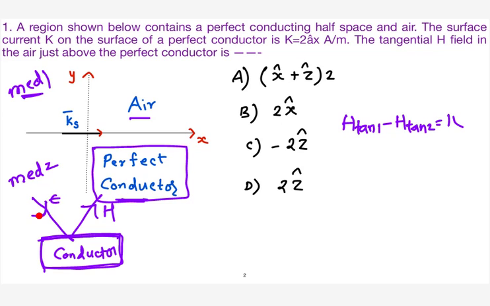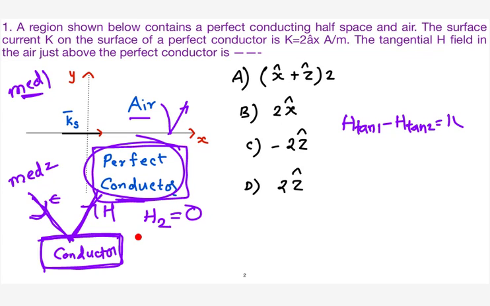I will give you a mathematical explanation when we get to wave propagation. If any signal is incident on a perfect conductor, everything gets reflected back. Similarly, if any signal is incident on this interface, it will get reflected back because the conductor is not allowing it. So what is the magnetic field intensity in medium 2? You are getting it to be 0.